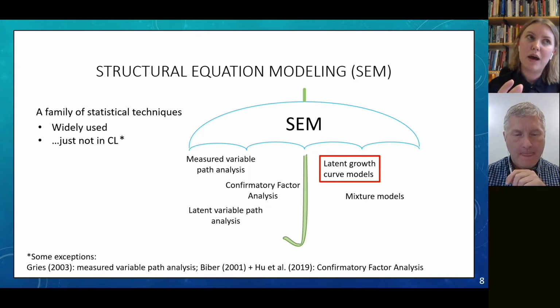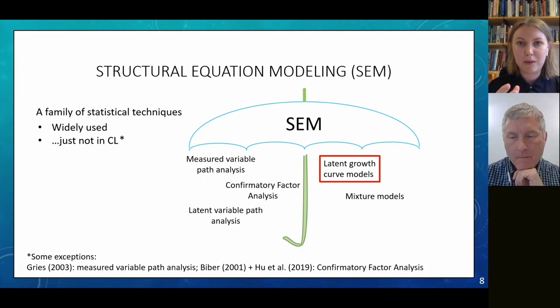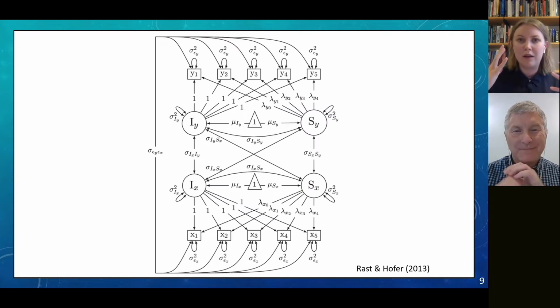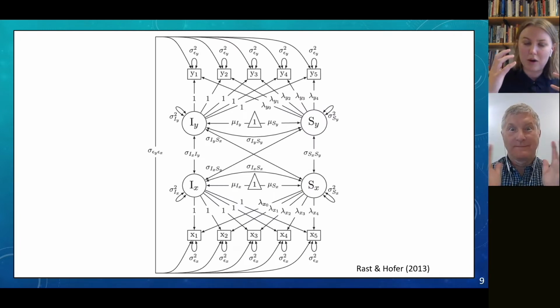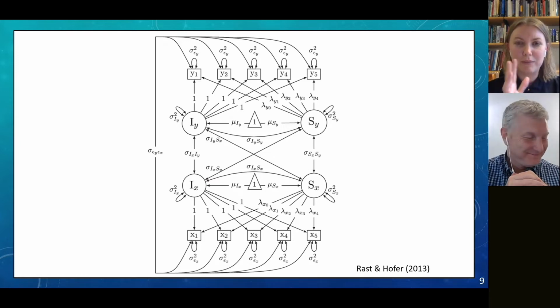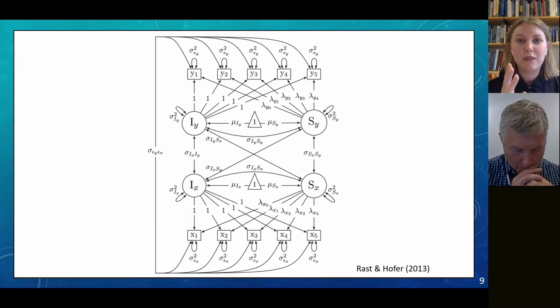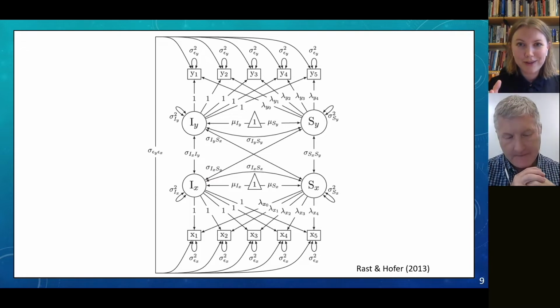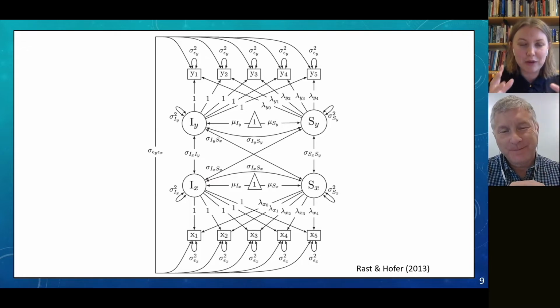And so people who have heard of SEM are likely to associate it with something like latent growth curve models and have it be something really overwhelming, a little bit scary maybe, and really confusing and not very manageable. In short, they actually aren't scary, they are very manageable, but they're advanced, right?